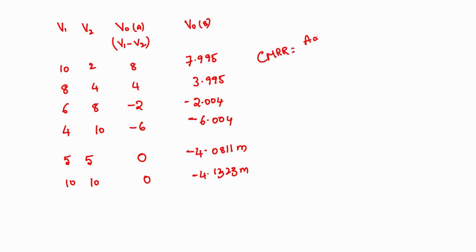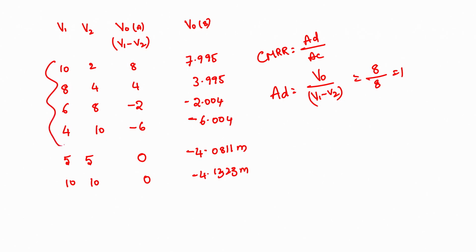Now, if I want to calculate CMRR, first I should know the calculation of differential gain, then I have to calculate common mode gain. But how do we get differential gain? The differential gain is nothing but the output voltage that we are getting divided by the differential input signal V1 minus V2. Now, when we see the theoretical value, this is 8 for the first one and 8, this is 1. So, we are getting differential gain as 1, right. Even for the second case, 4 divided by 8 minus 4, 4, 1. So, no matter what, for this particular set of values we will get the gain as 1 theoretically.